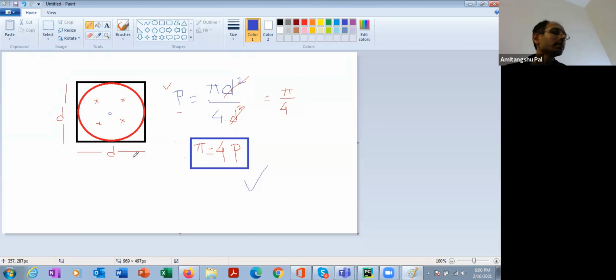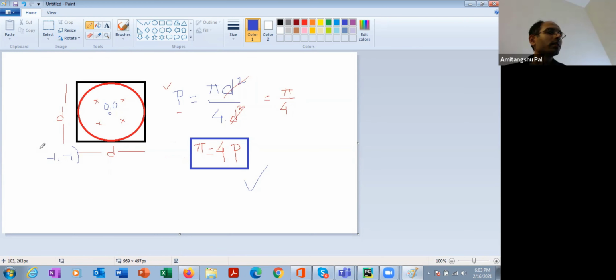So for the sake of simplicity, I will write a program where I'm going to assume that the center of the circle is 0, 0. Okay, the coordinate is 0, 0, and this coordinate is -1, -1.